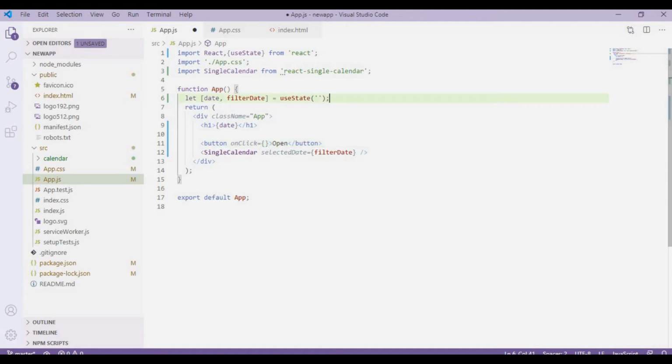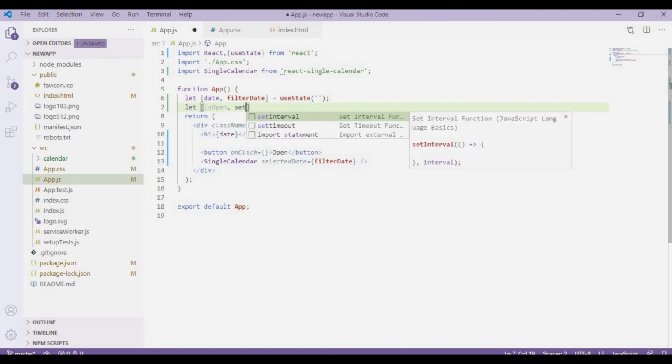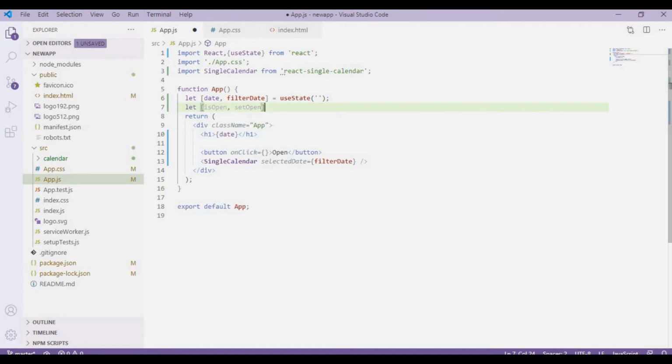And I'll take another state over here. So let isOpen, and then setOpen, and I'm going to use state like this, and initially the value will be a false value.